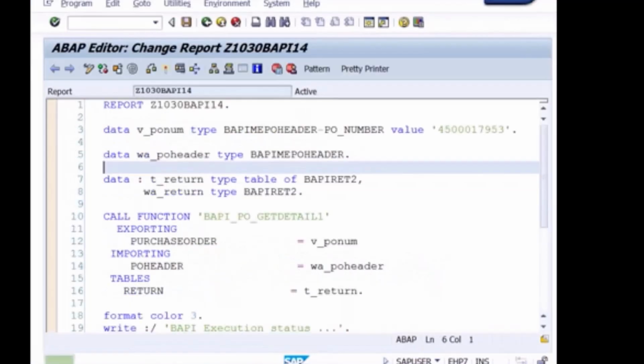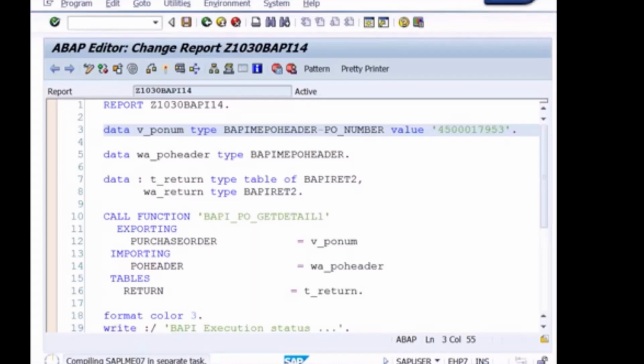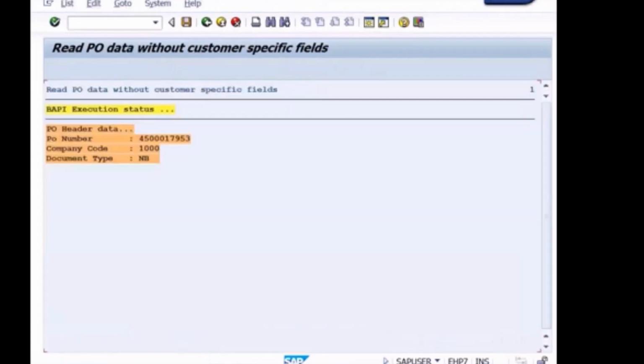So directly I'm passing the purchase document number, because this document contains data for customer specific fields also. Okay. So when I execute,